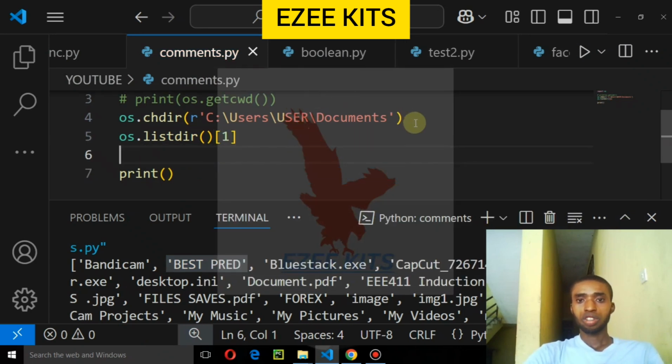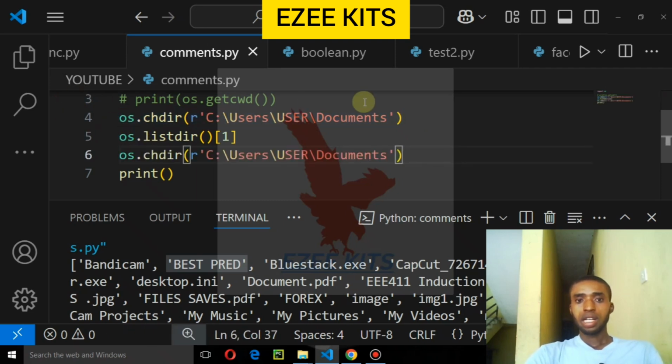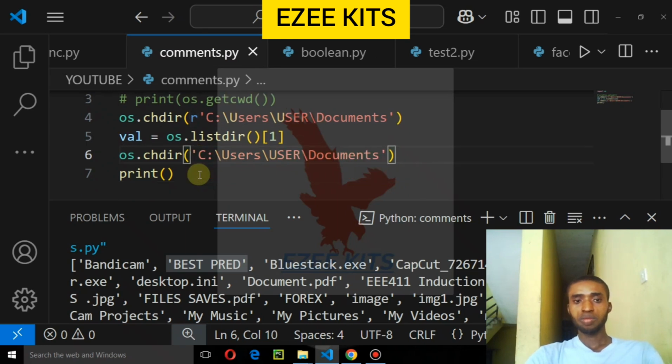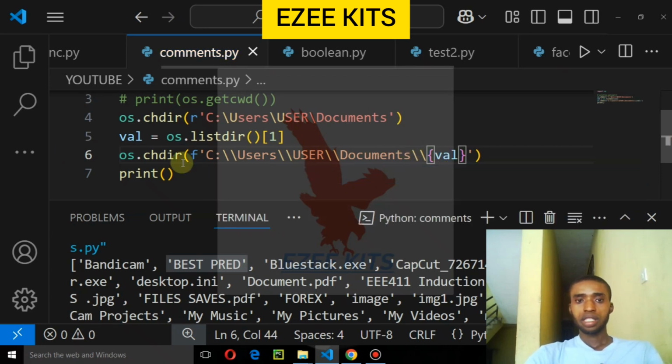Let me just copy this again. I can store this in a variable. Let me call it var. At this point, let's not use this. Let's make use of a string, and I'll put the double slash. So I can say double slash and then our var. So let's list everything that is in our